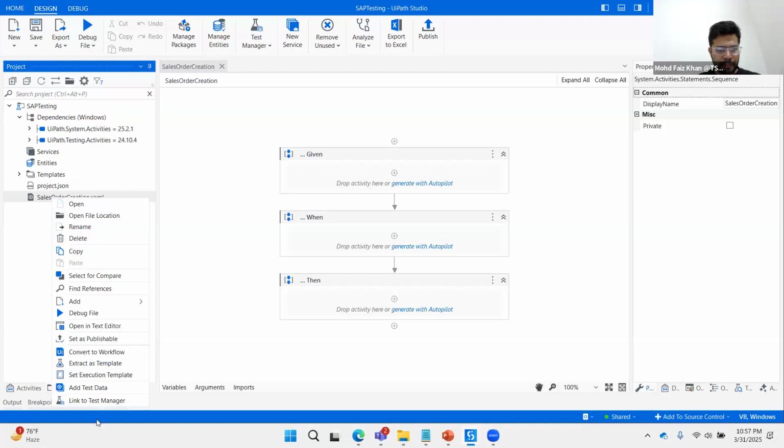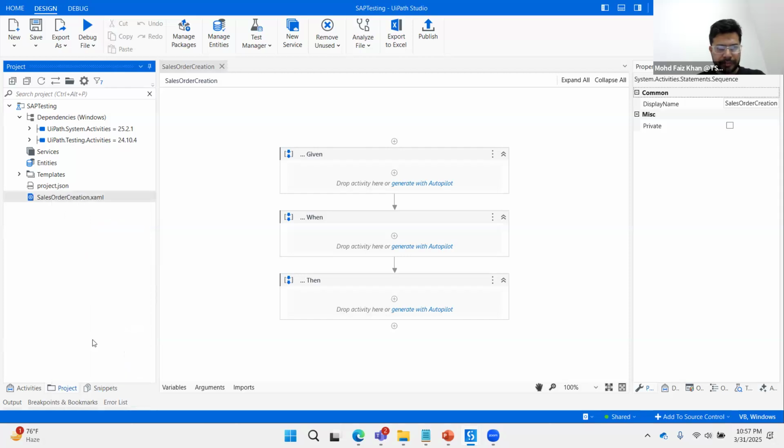So you can come here and you can set as publishable, and you can see here it was disabled by default, but now it is enabled for publishable. So once it is ready, then you will see